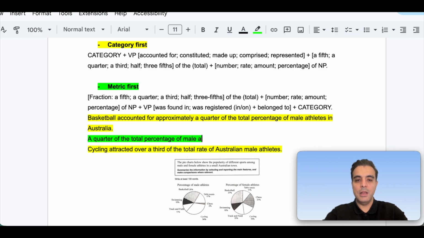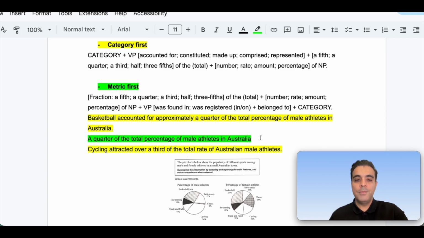Percentage of male athletes in Australia. Now I'm going to use a verb here, right? A quarter of the total percentage of male athletes in Australia was found in, well, it's not really in, was registered in or belonged to. Well, definitely these verbs can be used, or I can be a little bit more creative and I can say